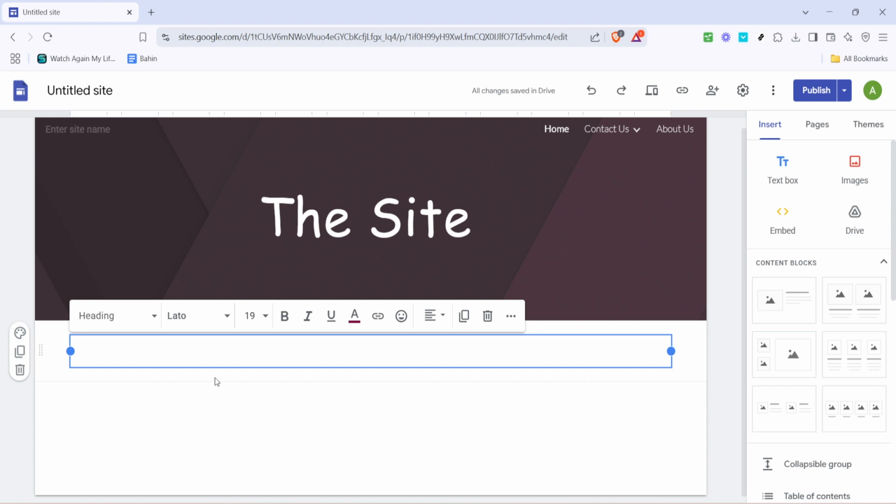That's it. With these steps, you've successfully added a heading in Google Sites. It's a straightforward process, but makes a significant difference in how your content is presented and consumed. Remember, using headings isn't just about aesthetics. It's a powerful tool in web design that enhances user experience by making your site more navigable and engaging. So next time you're crafting or revising your site's content, consider how headings can play a part.